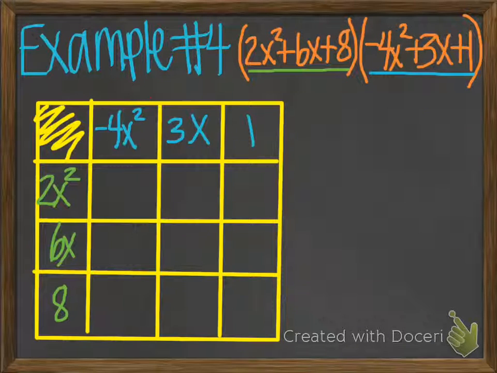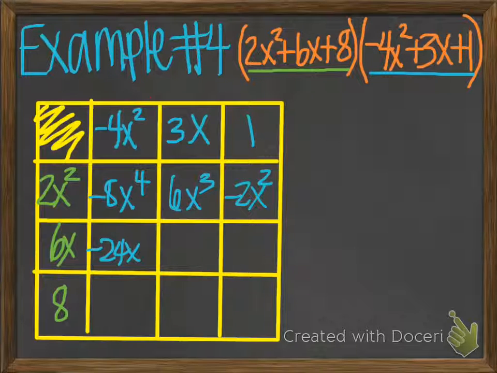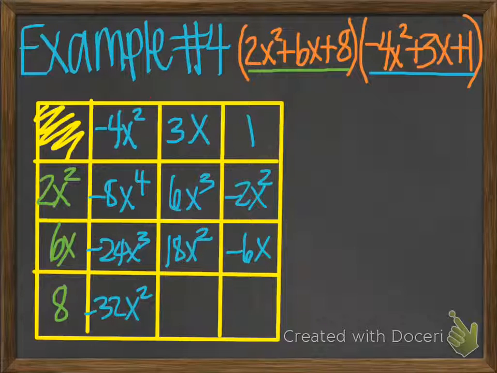Our last example is another box method. I've already filled in each term, and so now we're ready to multiply. So I'm going to fill in each term now. So negative 8x to the 4th, 6x cubed, negative 2x squared, negative 24x cubed, 18x squared, negative 6x, negative 32x squared,